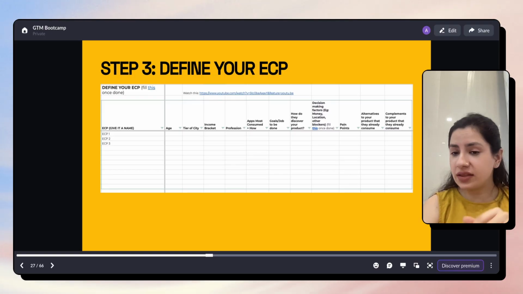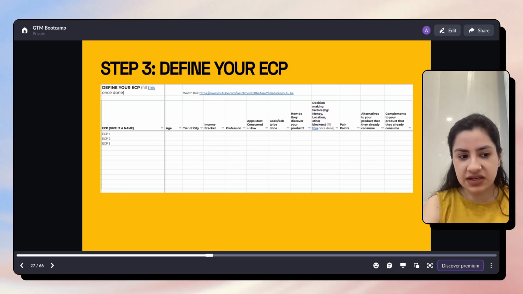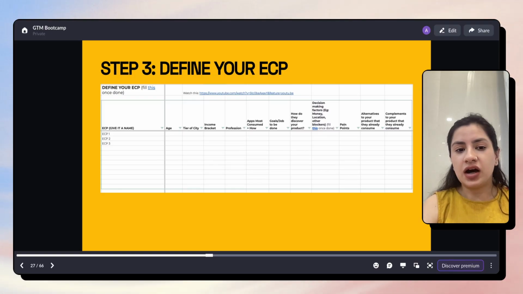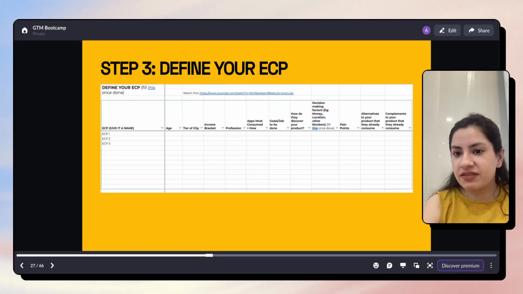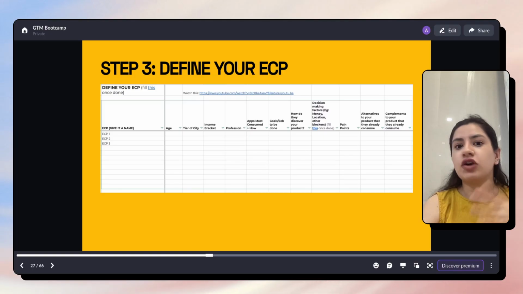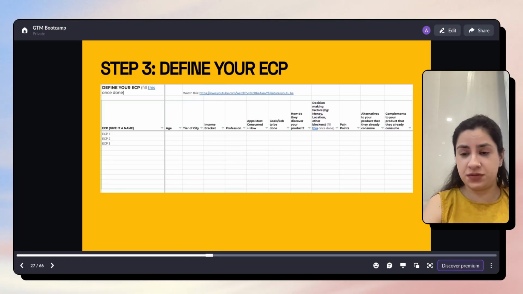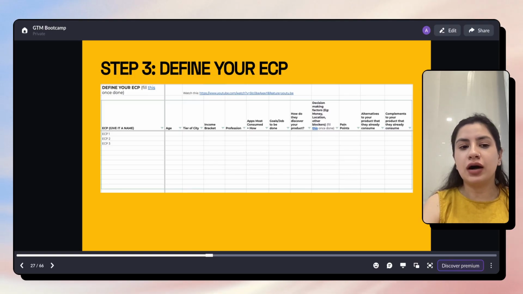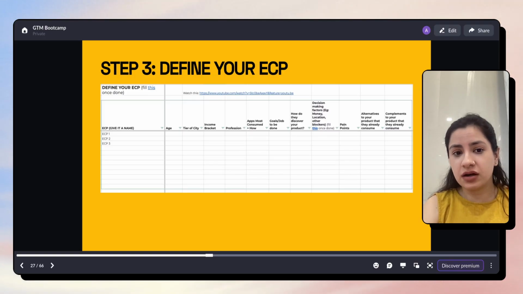Mumbai and has no other responsibilities except for looking after themselves, doesn't have kids, doesn't have a partner, doesn't have to look after home. Maybe they're renting with their friends in Mumbai, and they have a very different lifestyle. And the disposable income they have is also very different versus a 40-year-old in Mumbai who's maybe in the creative space, earns 5 lakh rupees a month, lives in their own house, doesn't have a partner, but has to spend money on their caretaking, versus a 40-year-old in Delhi who maybe has a partner, maybe has 2 kids who are almost about to hit college going ages, and there are a lot of responsibilities on them.